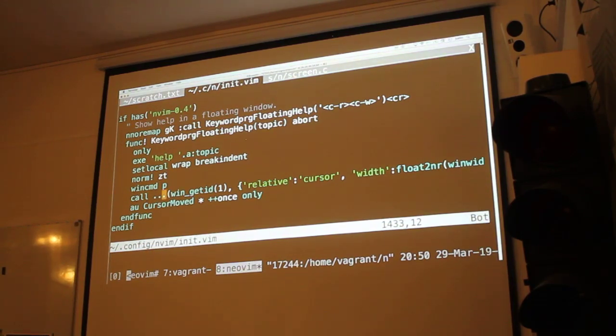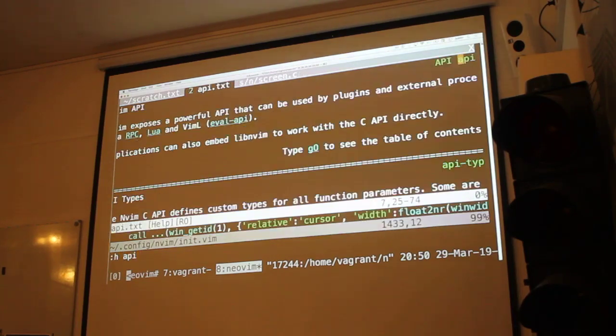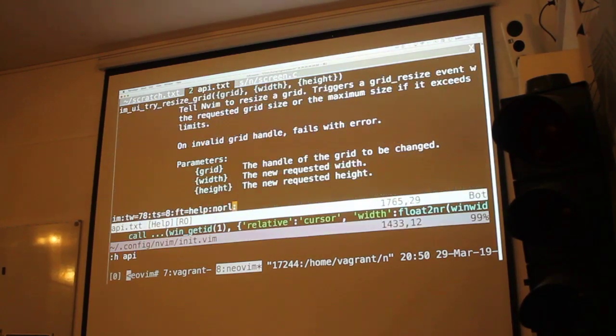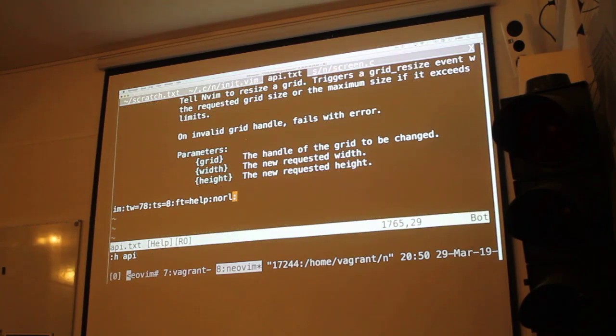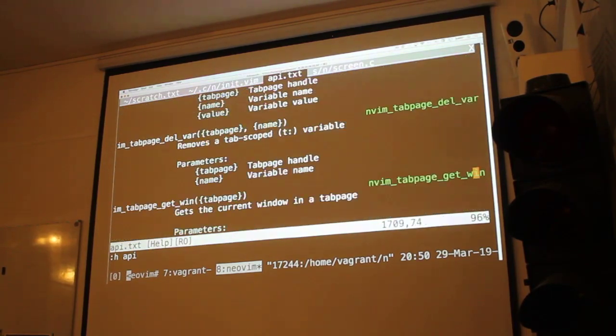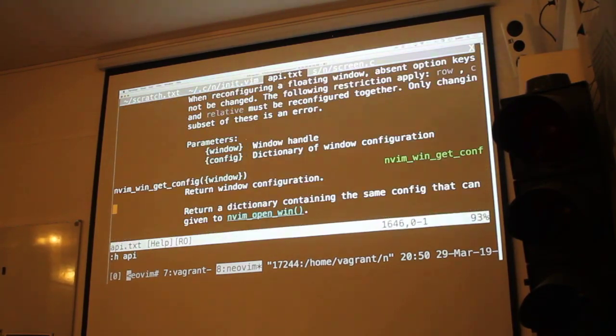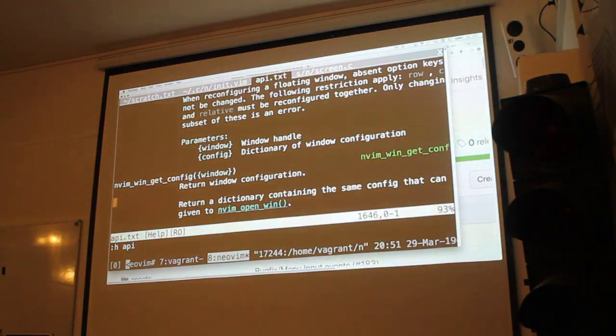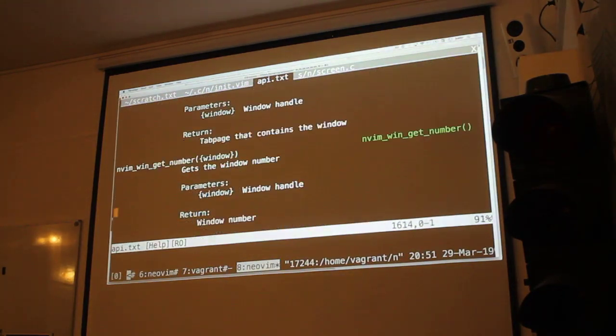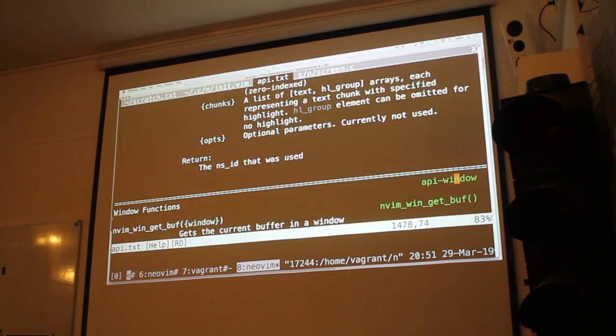So we added this new feature that I forgot the name of. Whenever you forget the name of an API function, just go to help API. Everything in the API in here is documented in all its glory. I'm very happy about this because I recently improved the script so that it's all like